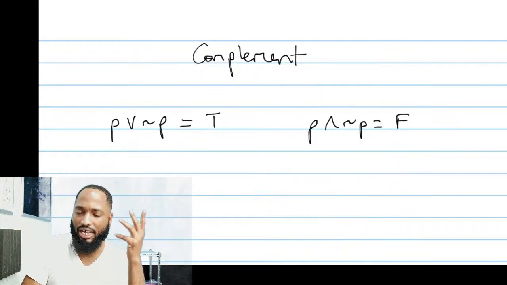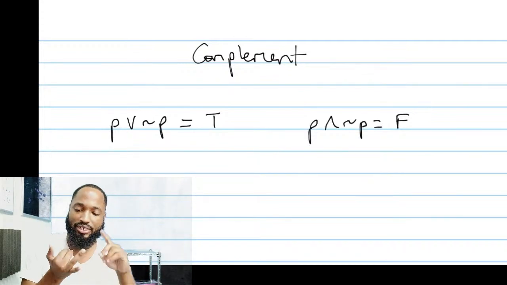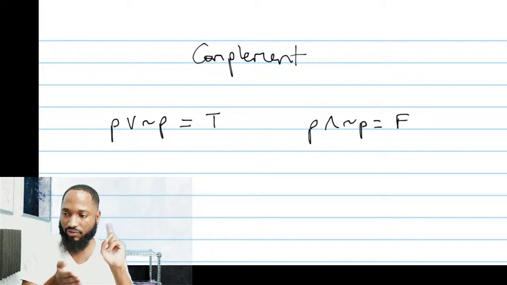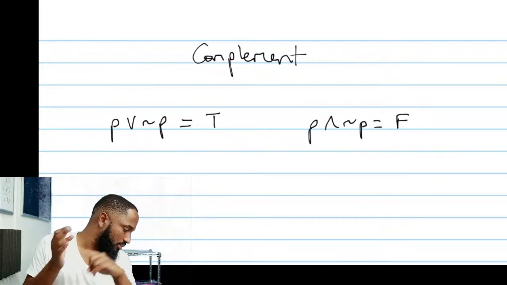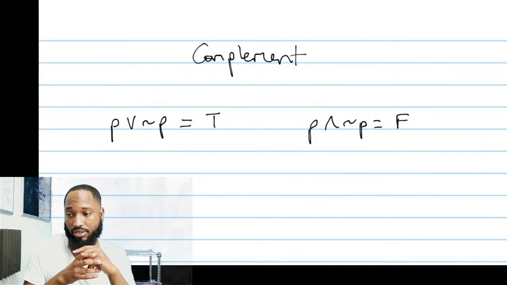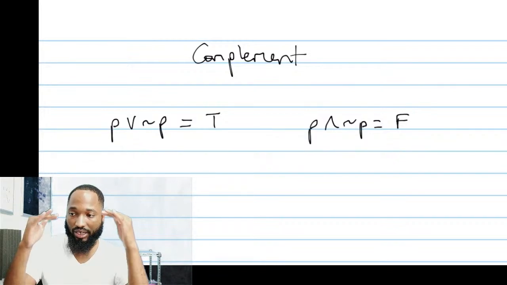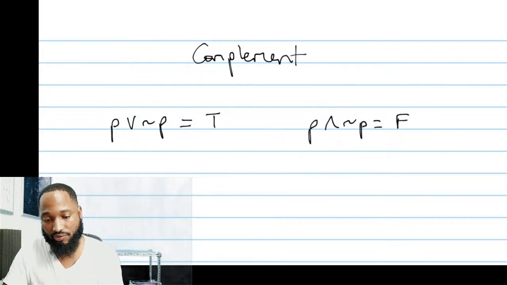So just understand the rules and try to learn the names: complement, idempotent, De Morgan's, distributive, associative, commutative. What else do we have? Identity, absorption. Understand it, and make sure you can spot it in a question to help you break down stuff.